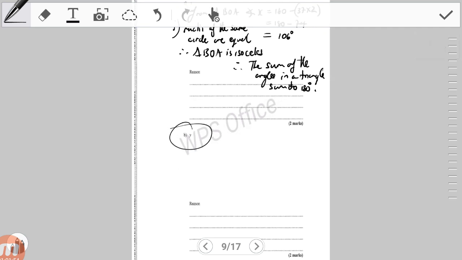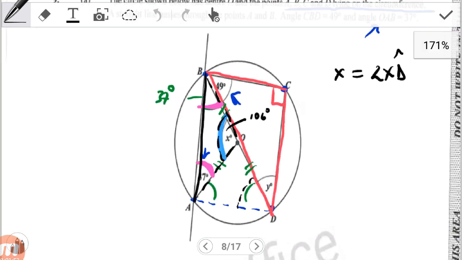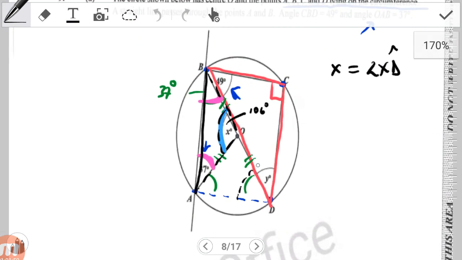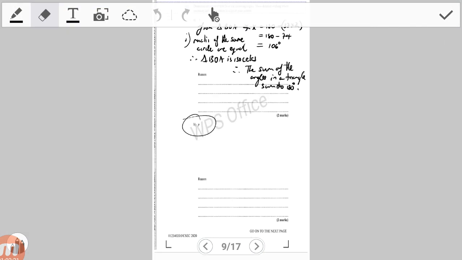Okay, so we need the angle that is marked by Y. So where is that angle marked by Y here? That is the angle down here. We can actually find this angle easily. Remember that we had indicated that this angle here is 90, from when we were searching for the clues. Now let's just imagine that we didn't indicate that angle marked by 90. Then perhaps you would have to be thinking about what that angle is. But we already knew that the angle was 90, because we know that BD is a diameter that subtends an angle at C. So we're going to save this, then go ahead now, and we're going to say then, all right,